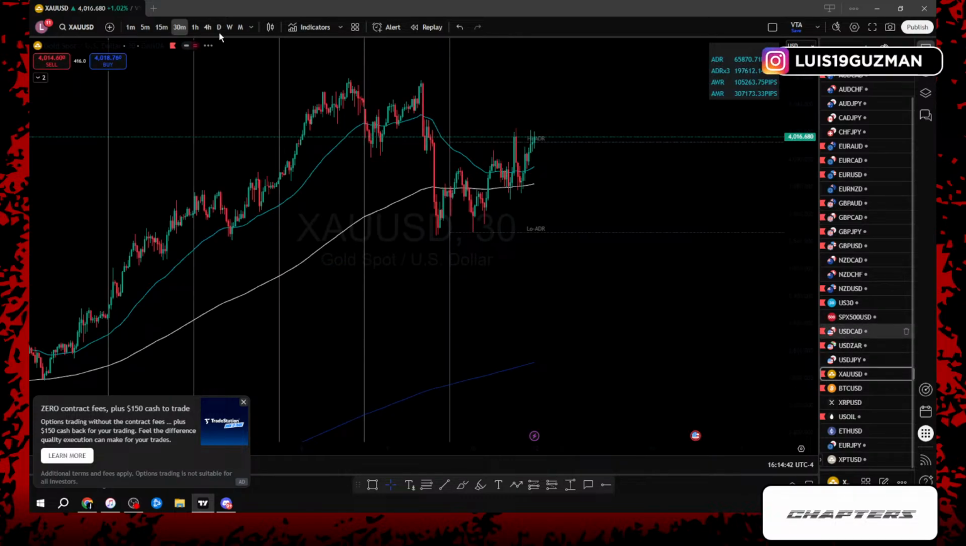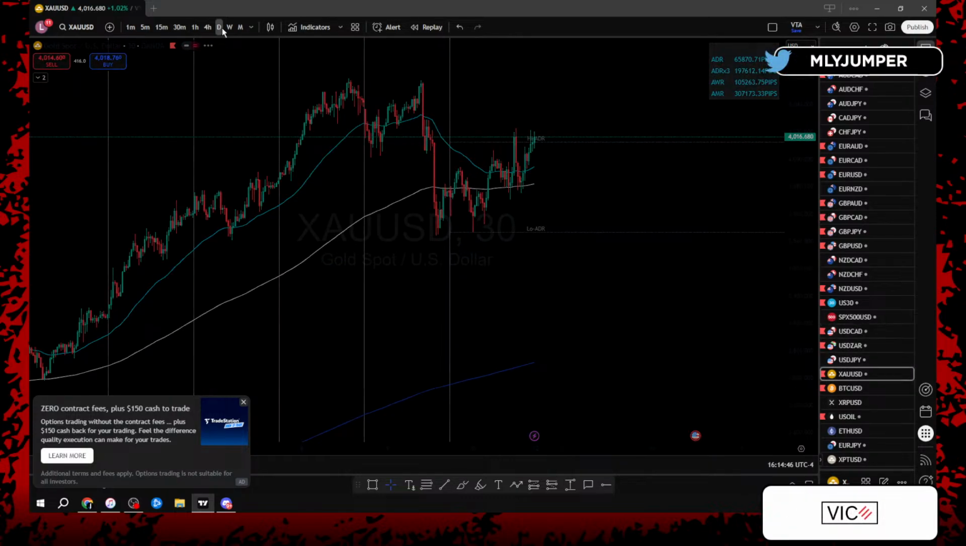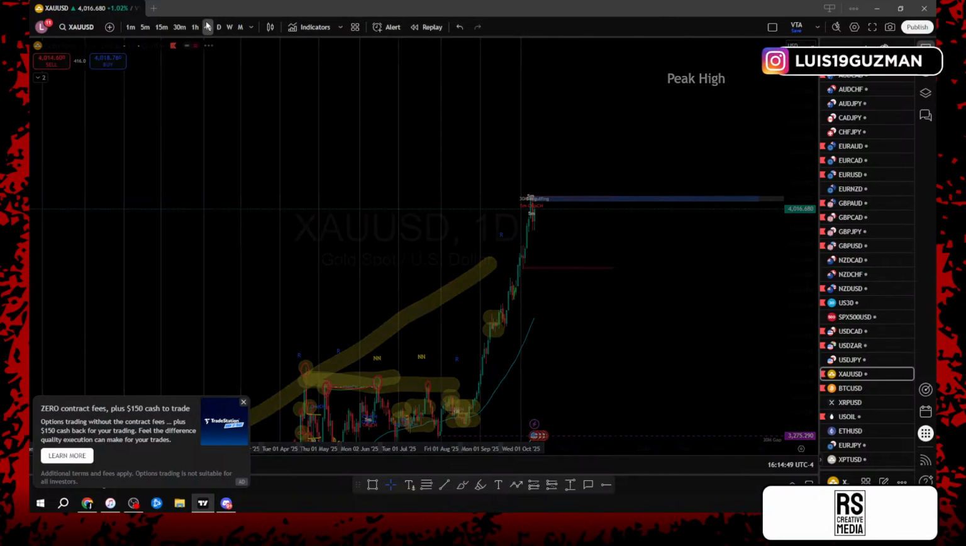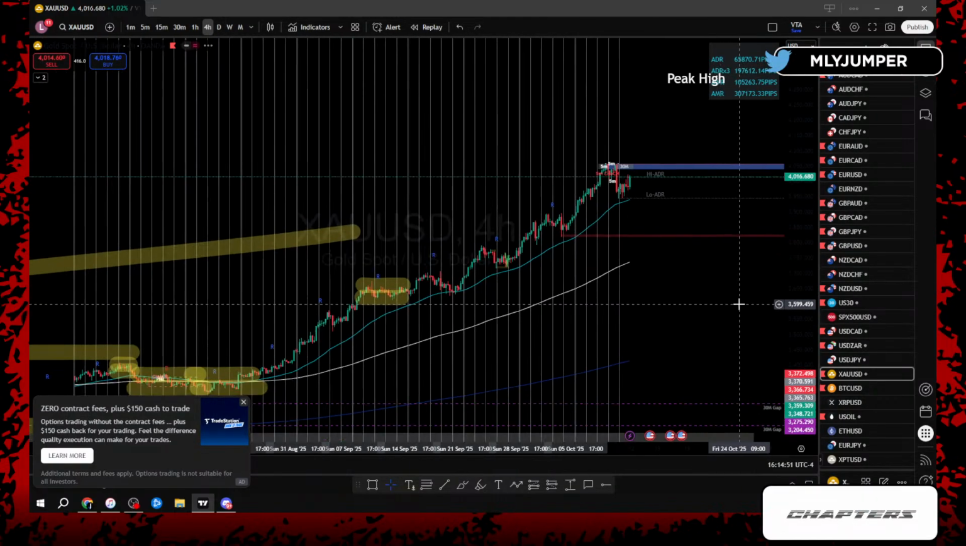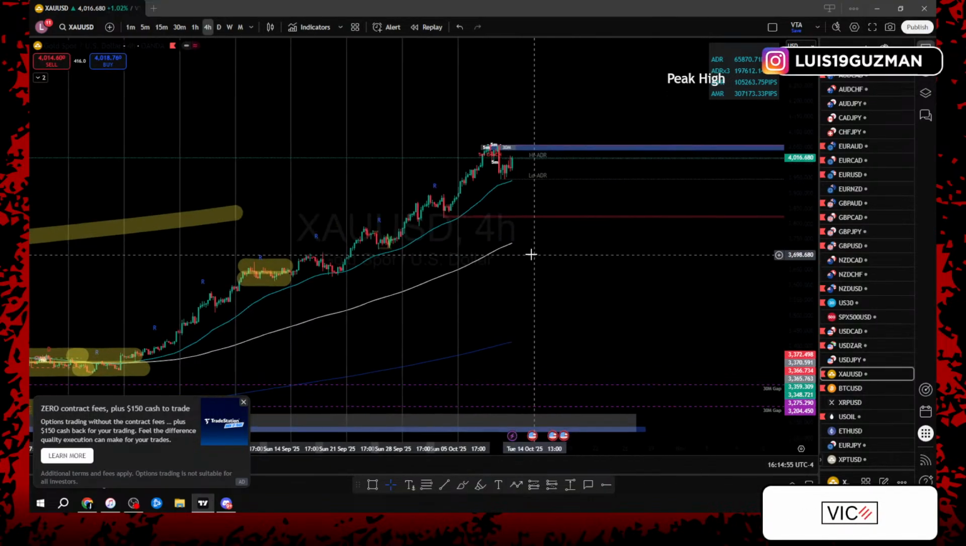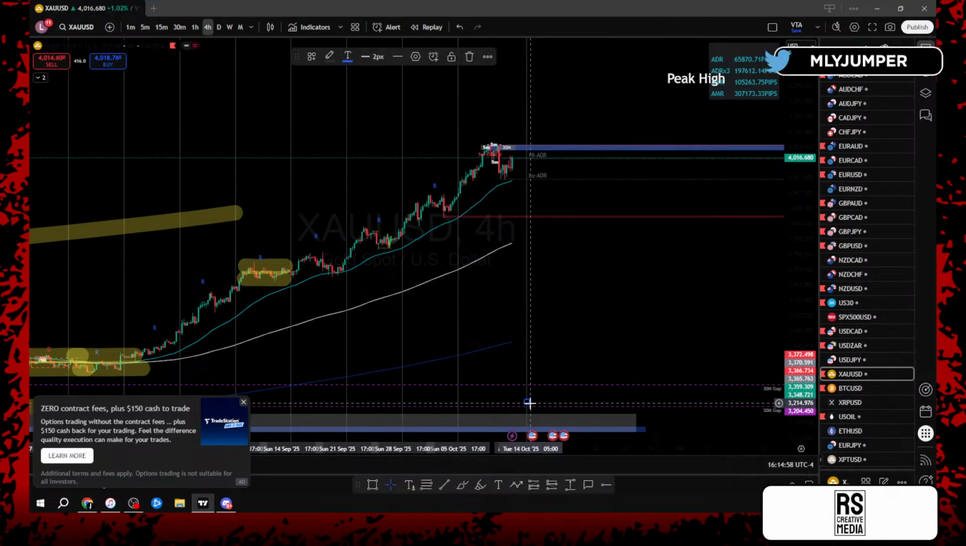For gold on the daily time frame, we're in peak high territory. This is another pair that I'm currently really not trading. We're at a higher high. How much higher could price go? It could keep going. This is gold, right? Gold doesn't follow any rules,